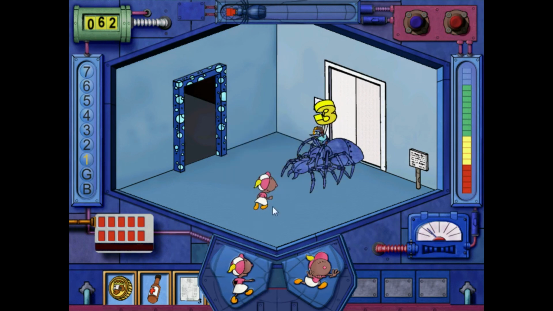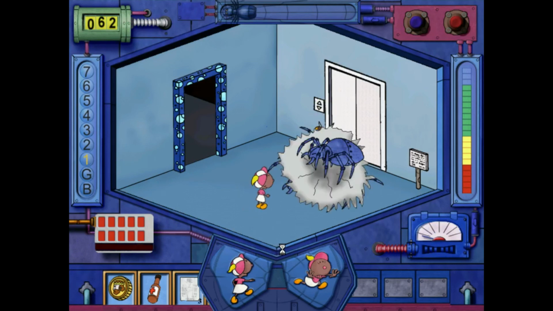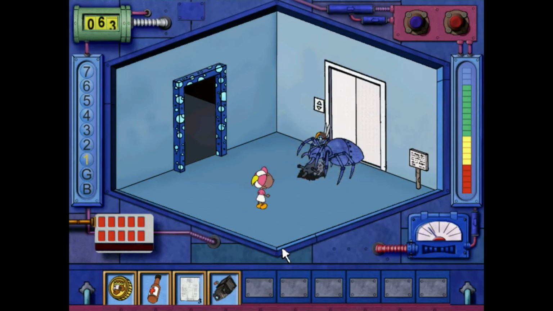Mitä nyt? Hyvin osut! And there you can see, I completely annihilated the spider without it getting a single hit,